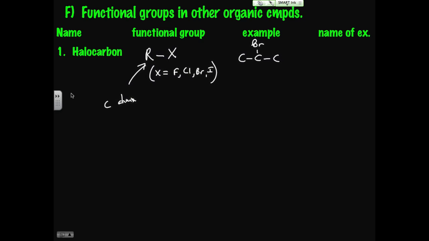Okay? Simple enough. Here's how I'm going to name it, and I think the way that I'm going to name the example will help you know how to name it. The R is this carbon chain, and the X in this case is acting as the Br. So the name of this thing would be